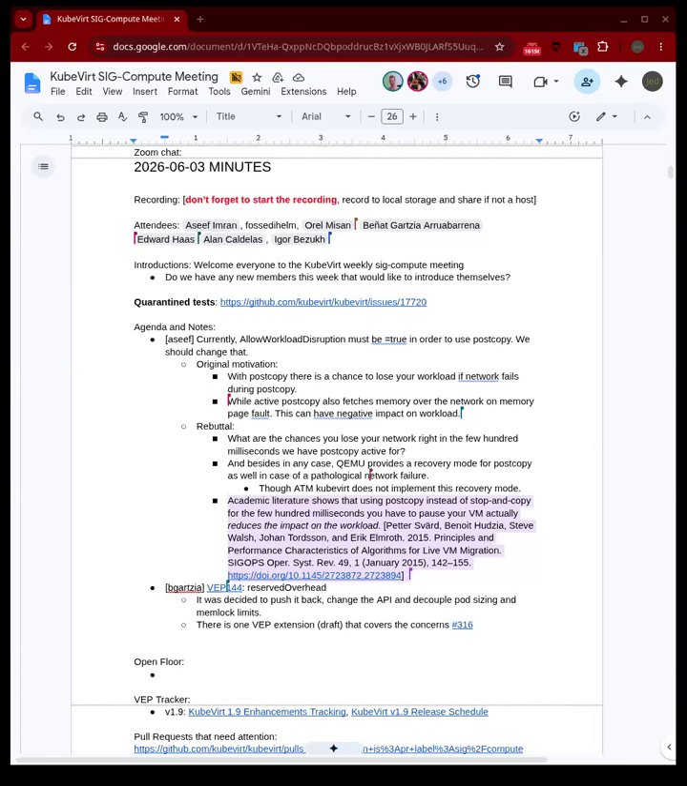So I was part of the design. I designed this with Radic, and that was just pretty recent, and it's unfortunate that it's not working out. The idea behind allow workload disruption is a contract with the user that, hey, this is false by default, but if you set it to true, there is a chance that disruption will happen. Either just a pause, but a pause in production can be a pretty critical problem, or even a complete destroy of the VM,